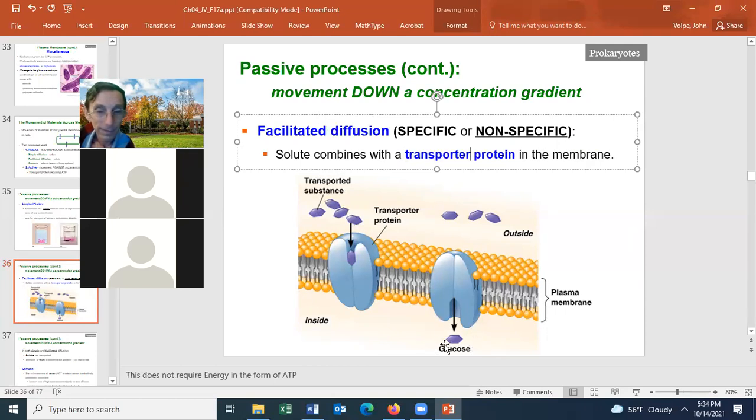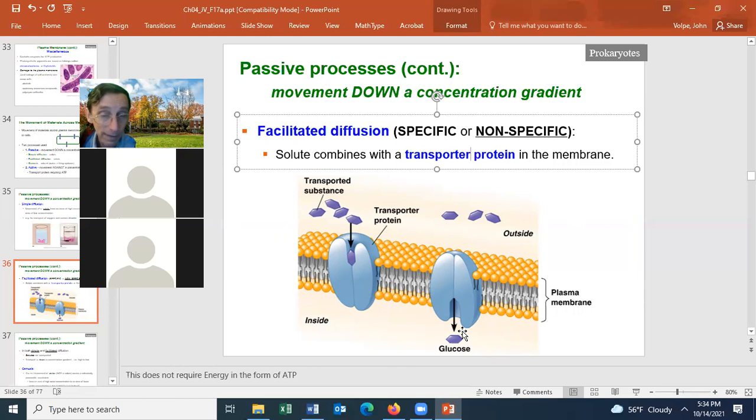memorize that glucose does it this way, because glucose is a molecule which uses a protein which switches its behavior, so it can be acting as a facilitated diffusion protein, but then it can also switch its behavior and act as an active transport protein. So glucose isn't a good one to remember. What you could remember instead of glucose is